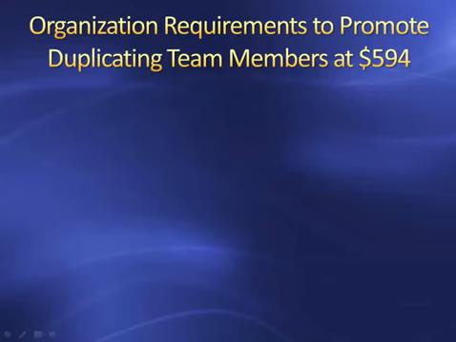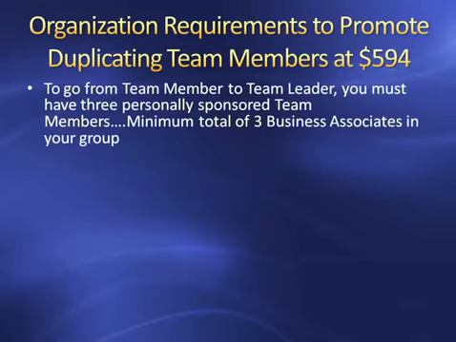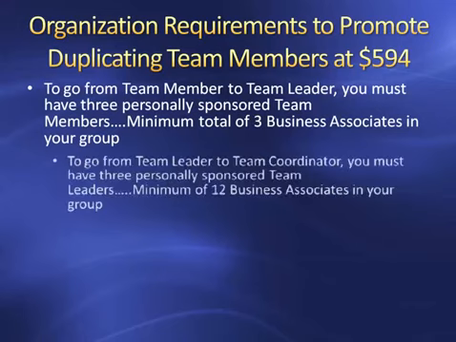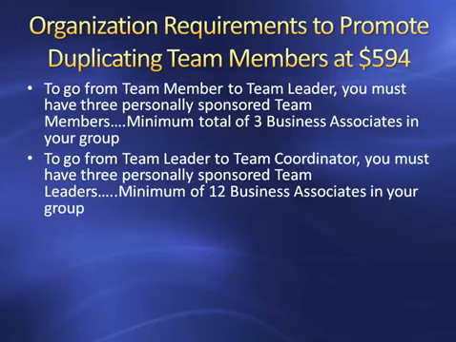at $594 investment. To go from team member to team leader, you must have 3 personally sponsored team members. Therefore, a minimum of 3 business associates in your group. Now, to go from team leader to team coordinator, you must have 3 personally sponsored team leaders. That means your 3 each sponsored 3 for 9, plus the original 3 means a minimum of 12 business associates